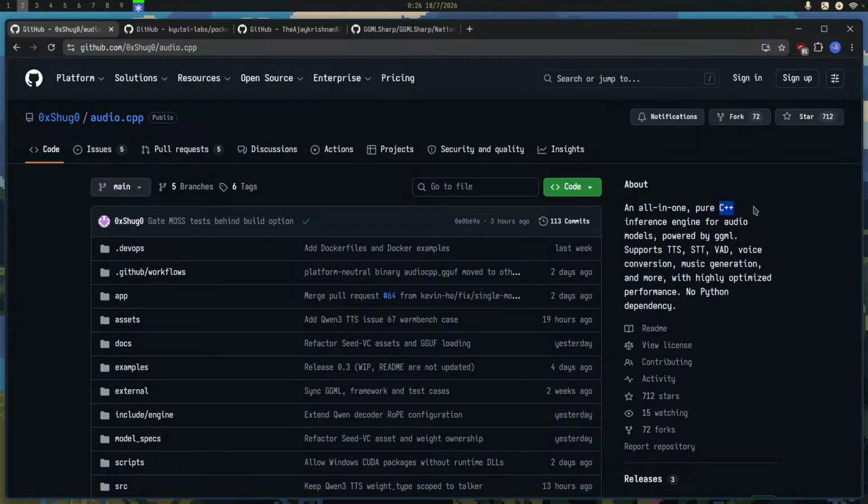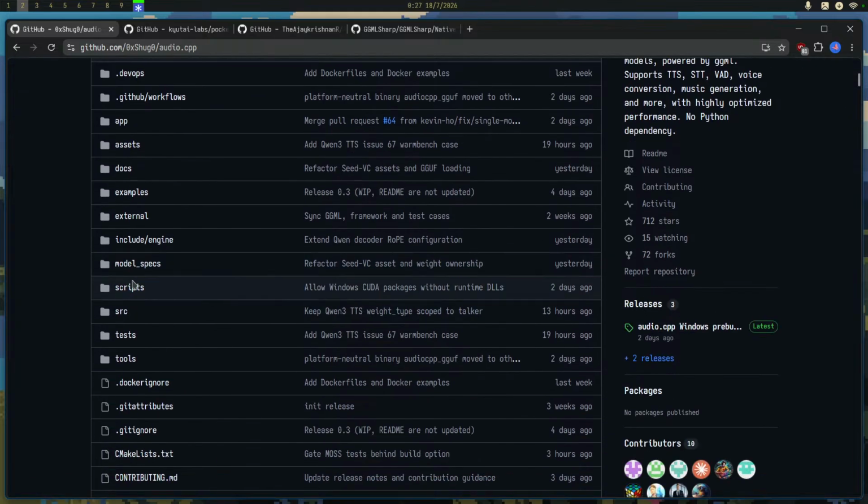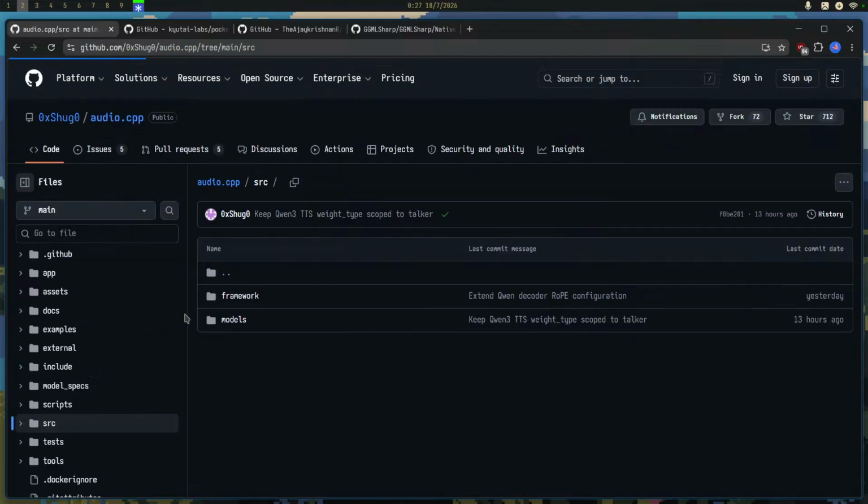Theoretically, rewriting this entirely into C# would be a very major rewrite, and quite unnecessary, because you'd also have to rewrite all the models, which I don't even want to think about. Each of those models will have different implementations and different backends, and I really don't want to do that.